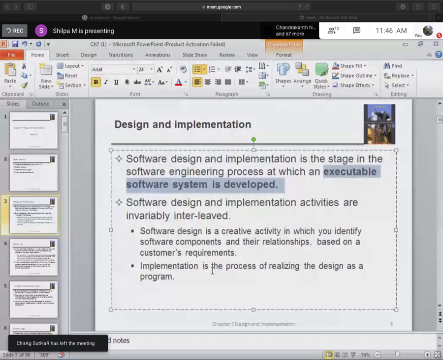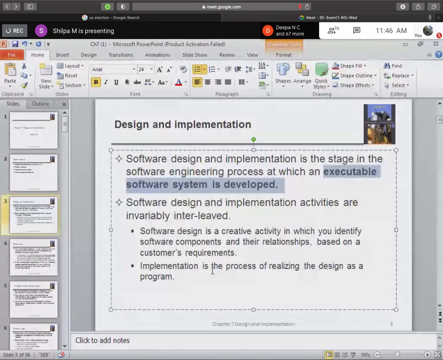Like what coding you do in your labs? Yours is the worst case, tell me. There is a manual, you copy and paste. You don't even do the implementation on your own. Let's take, for example, you are practically developing a program. That we call implementation. So, if it is a complex thing that you are implementing, then we first come up with a design. They say it is a creative activity.